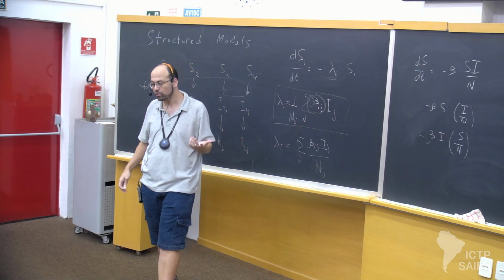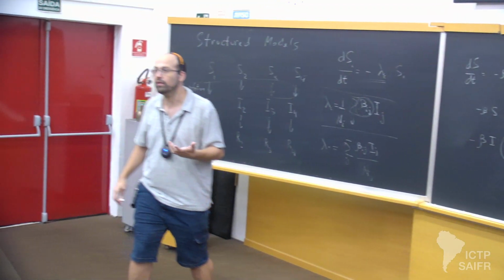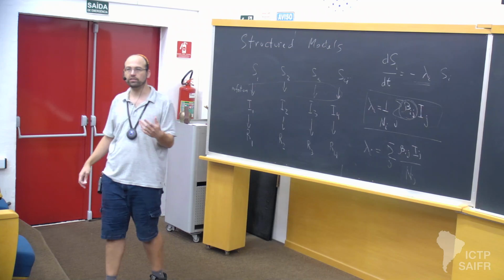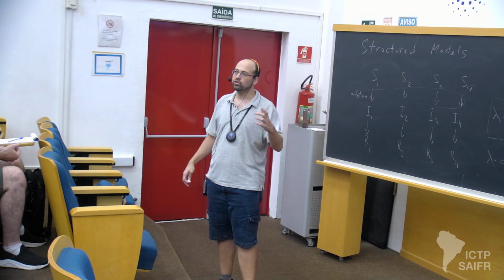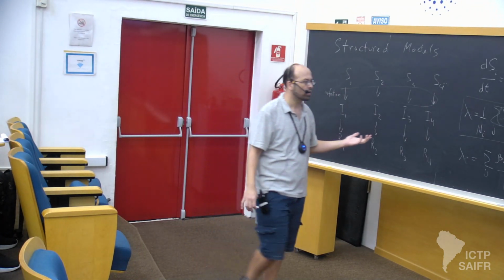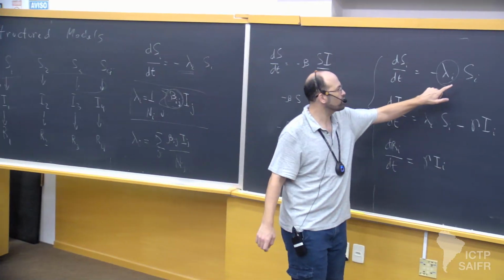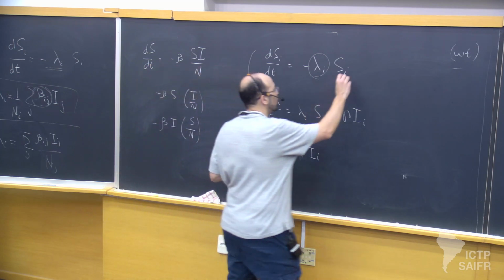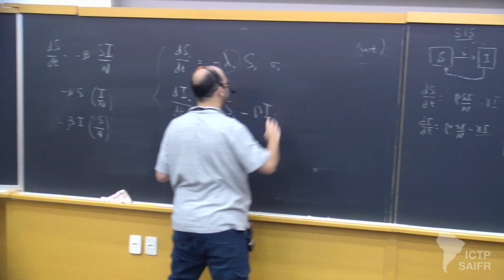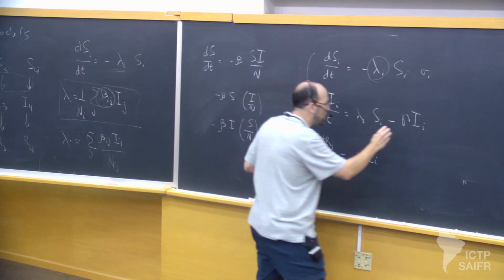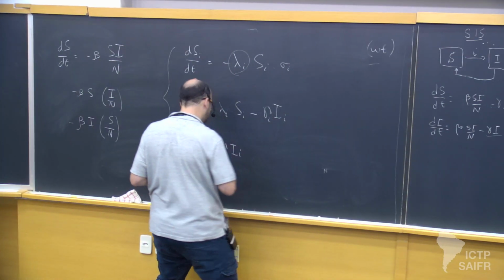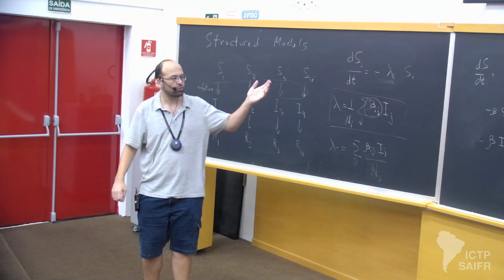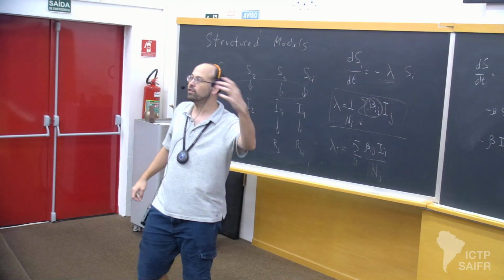But we could also add some new stuff. We can say that individuals from different age classes have different responses to the disease itself, for instance. We would say that individuals from certain classes are more or less susceptible to getting the disease, so we would multiply here by susceptibility by age. We would say that gamma recovery rates are different depending on age. If you had more compartments, for instance, compartments for severe cases,